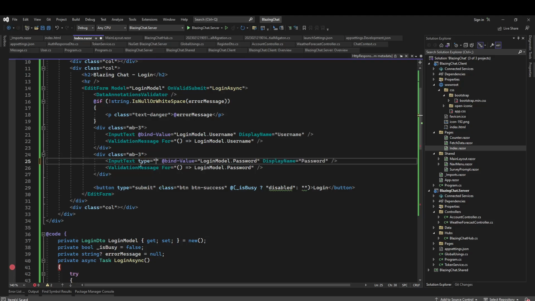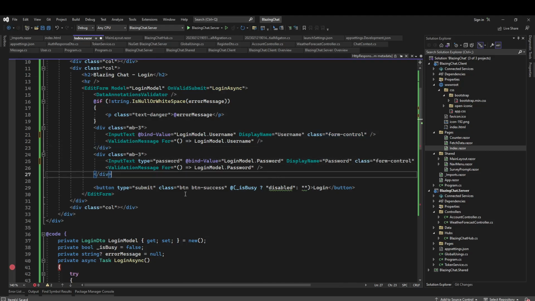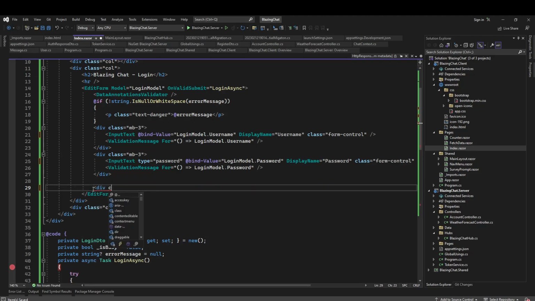So for this password, we need to set the password, input text, password, display name, password, username, and let's add class. This will be form control. This is from Bootstrap. Form control, form control. This is fine. Let's wrap this also inside MB3,